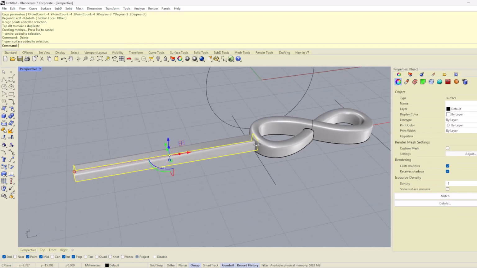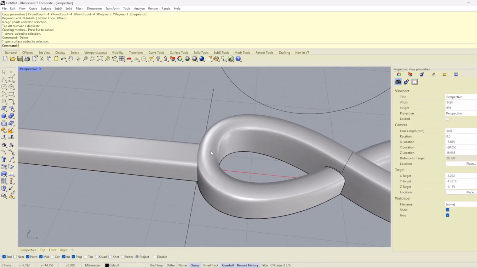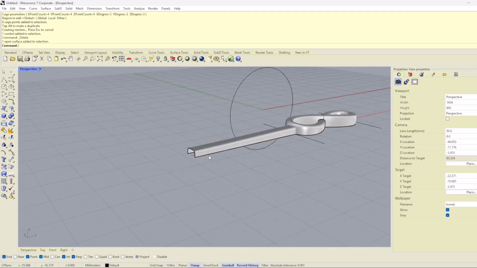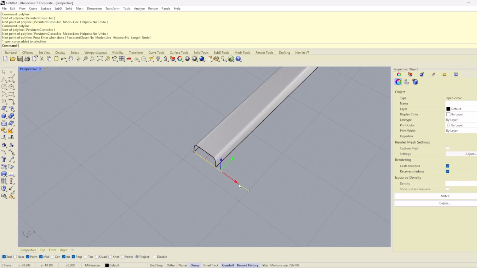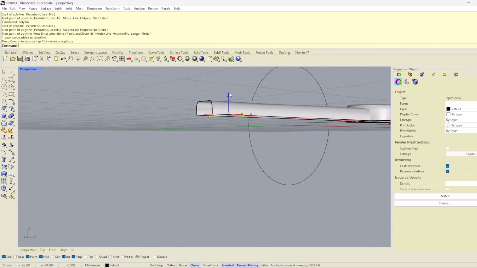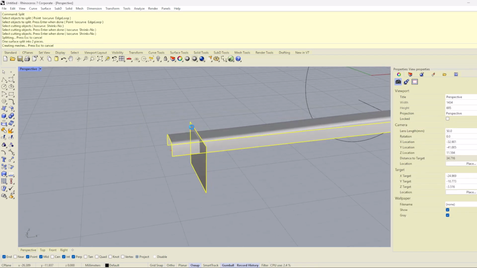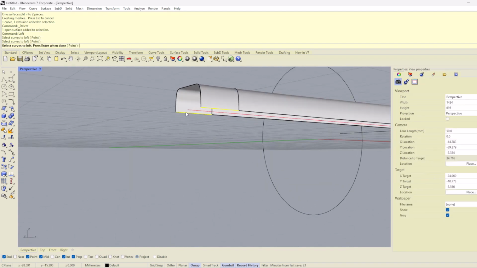I usually turn off the showing of the ISO curves because I like to see my design in a plain shape without any extra lines in it. And then I'm going to draw an extra line here, move it 2 millimeters inside, extrude it, use the split, and then I'm going to make a solid piece,